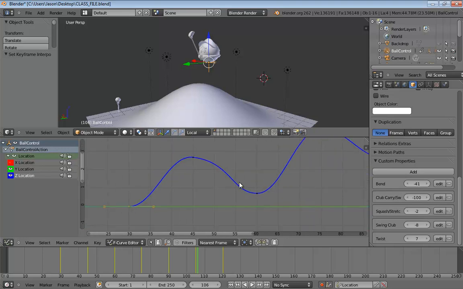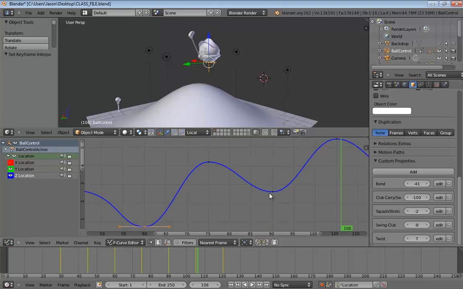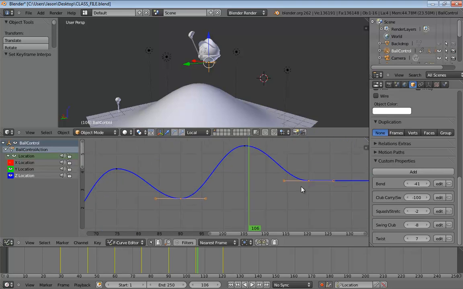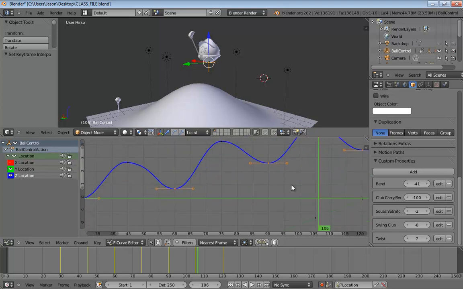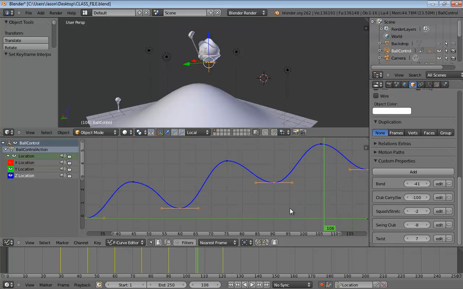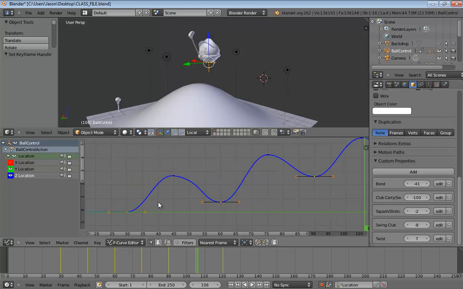Okay, so now take all of your bottom keys as before, and we're going to hit V and change their keyframe handle type over to free. That allows us to move the handles independently. And we're just going to make some nice points on the bottom.